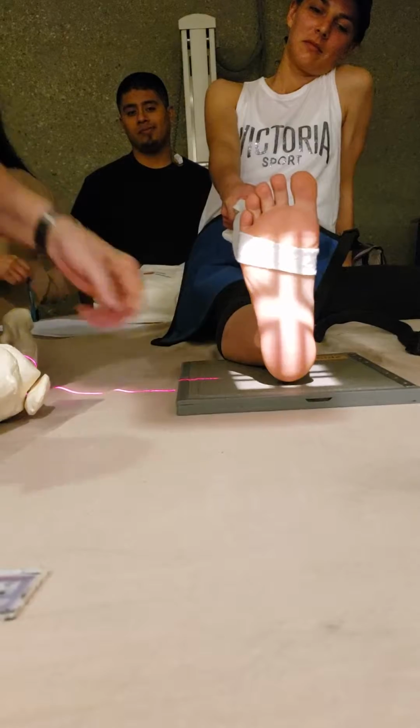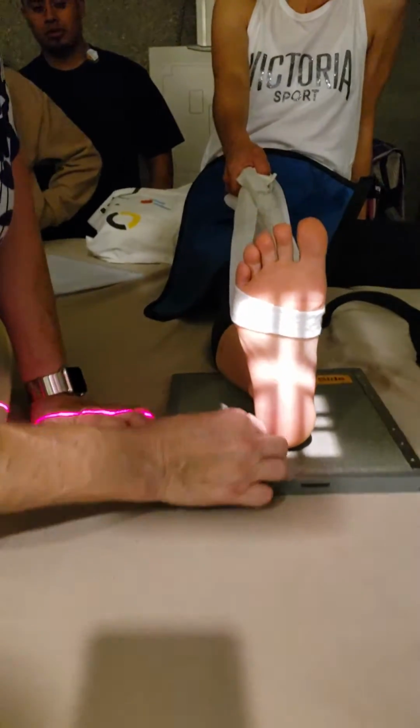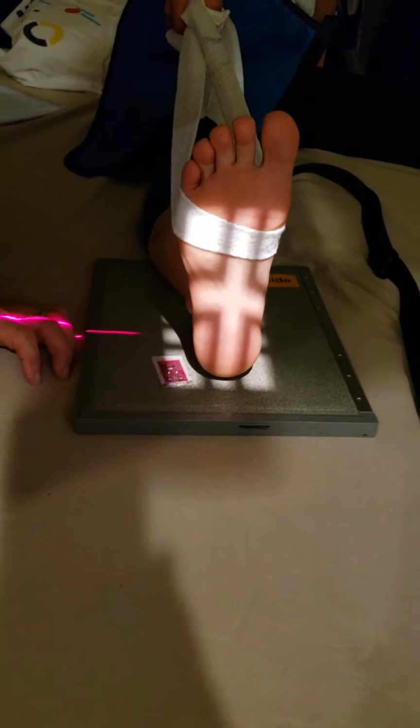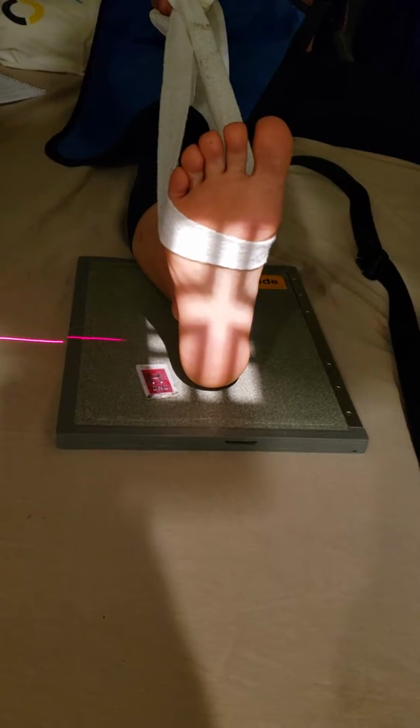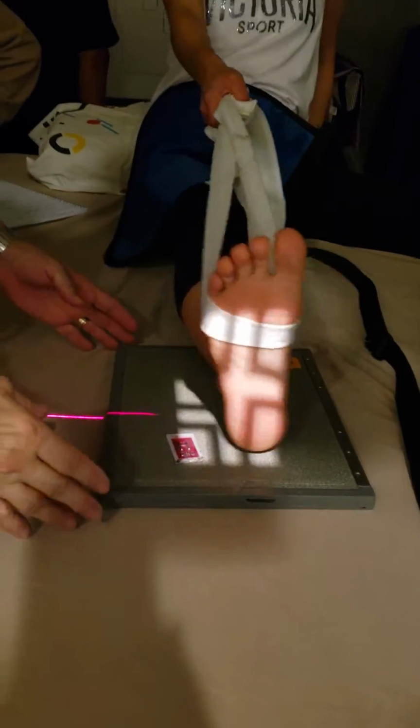See how nice that is? And then we're still going to mark the lateral side. Close collimation. And that's what you get. Okay, move your foot to the side. I'll show them with the...